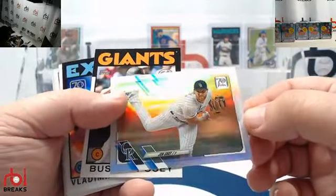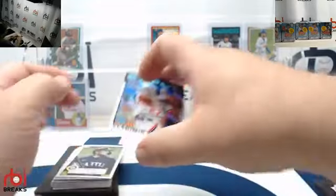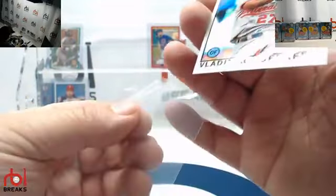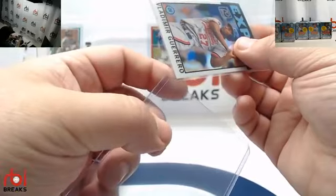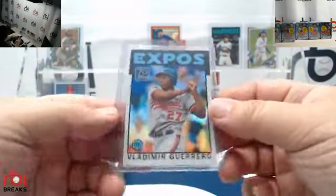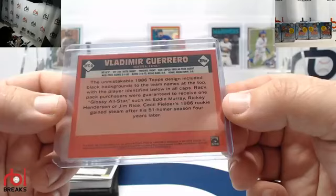Rainbow foil for the Rockies, John Gray. 86, Buster Posey. And then this is an 86, but it's part of the 70 Years of Topps. Again, they took 70 different of their releases, put players on them, and did a chrome refractor card of them, and just put them in the